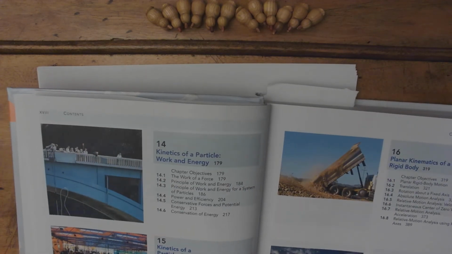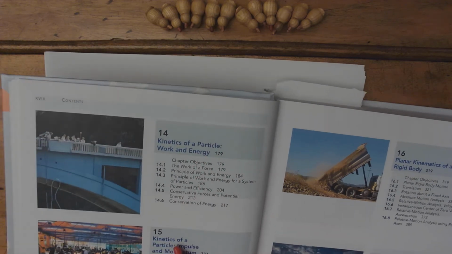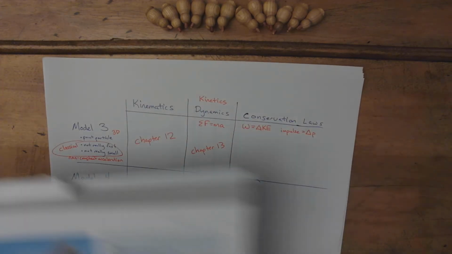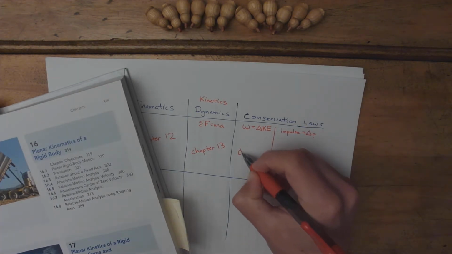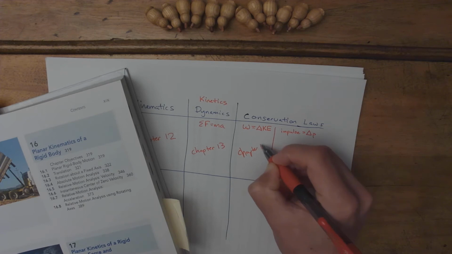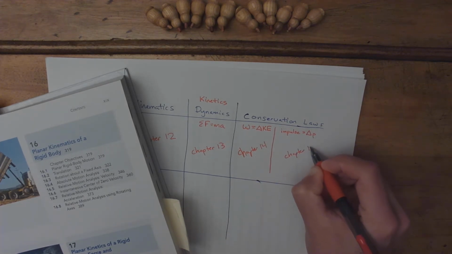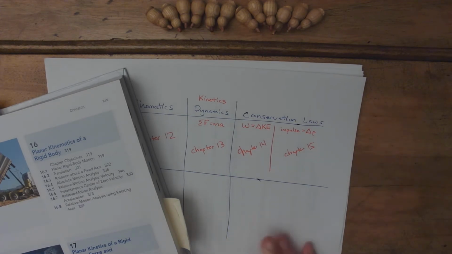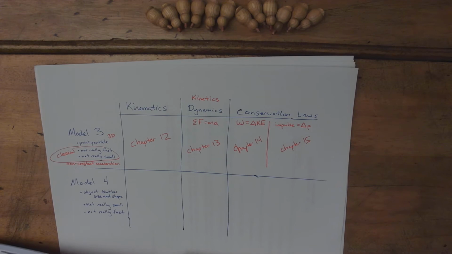Okay, so in chapter 14, we're looking at work energy. In chapter 15, we're looking at impulse momentum. So work energy is going to be chapter 14, impulse momentum is chapter 15. Okay, and then, just like we did in spiral physics, we get to spiral through these 3 or